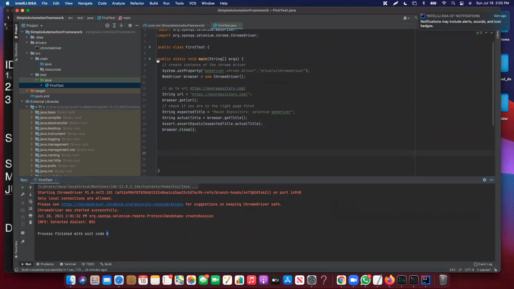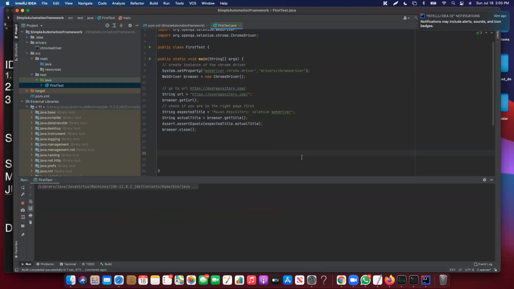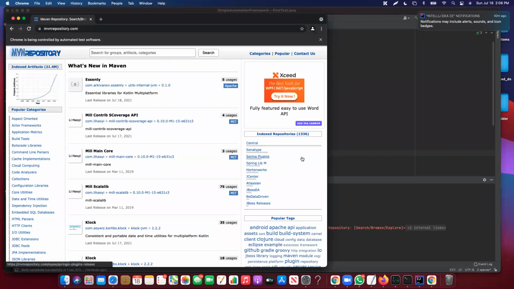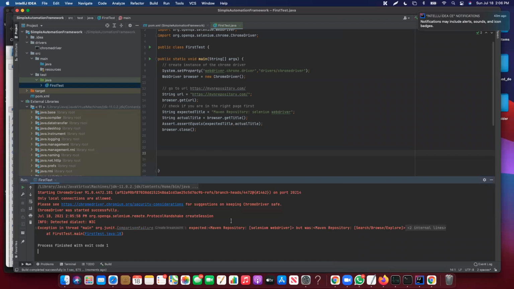Okay, so I'm going to go ahead and run this. We're just verifying we're on the right page before we do anything. Okay, and this time it failed. So let's see why this has failed. Chrome driver was successful. Expected result was Maven repository Selenium. This is what we were looking for, but found